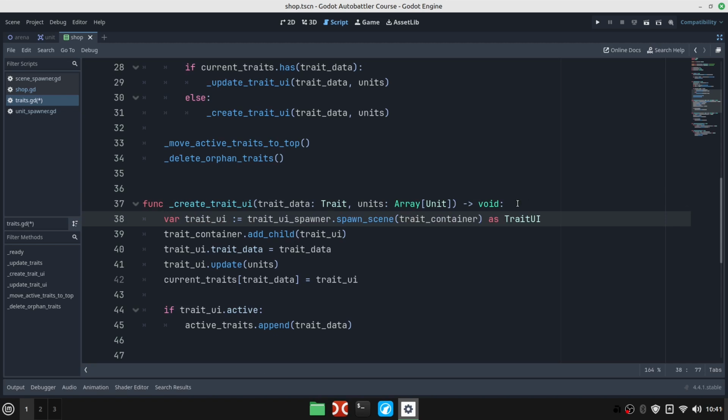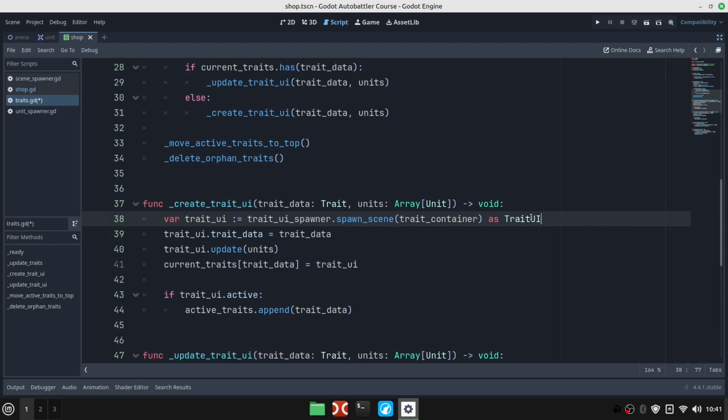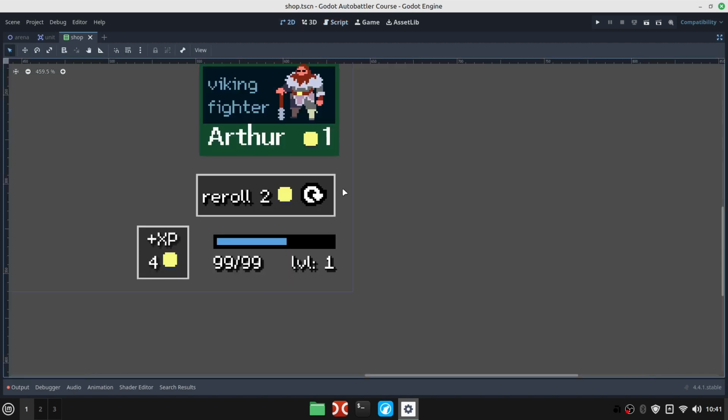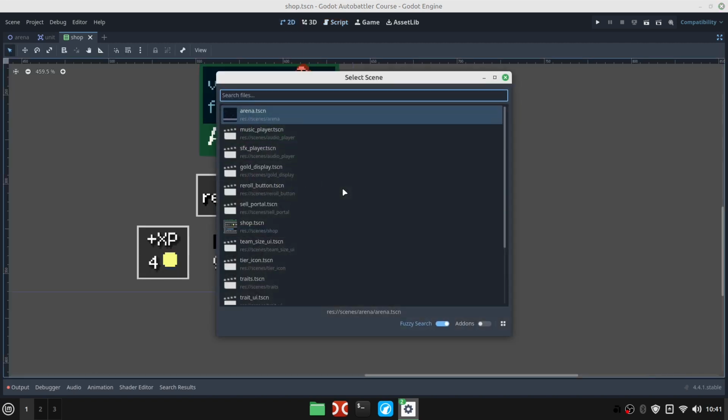This is the line where we have the error message. Let's replace this with trait_ui_spawner.spawn_scene. This time, the parent will be the trait container, as we can read it from here. This is what we used to do. We no longer need that add_child call. Delete this and also typecast it as a TraitUI so we have auto completion again. Save this with Ctrl S, go back to 2D view, press Ctrl Shift O to quick open a scene and